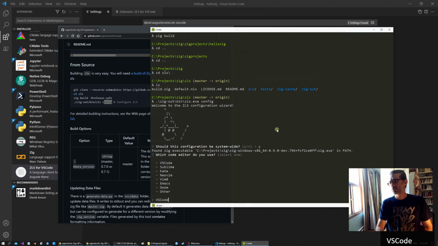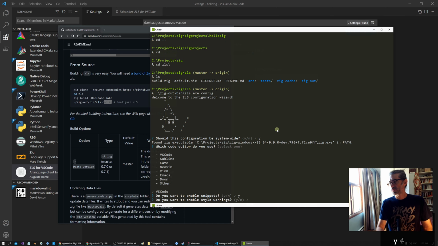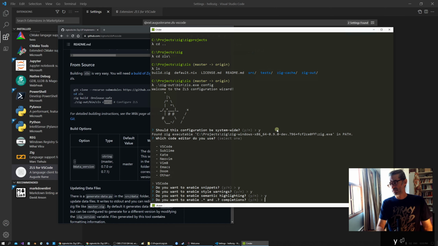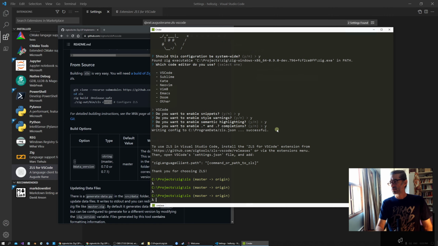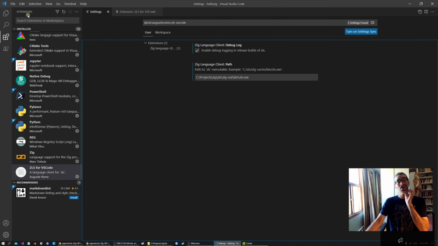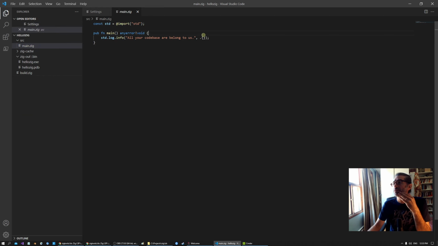VS Code. Okay, let's say yes. Style warning, okay. Semantic highlighting, yes. These completions, okay. That sounds cool. VS Code setting, that's what I just discussed. So now when I'm going back to my main here,